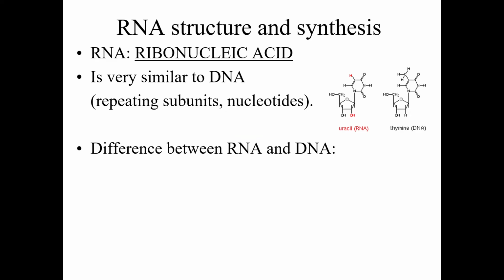Okay, the 5-carbon sugar that is found in RNA is ribose sugar, while in DNA it is deoxyribose sugar. Okay, and in terms of the structure, we can see DNA is a double-stranded molecule forming a double